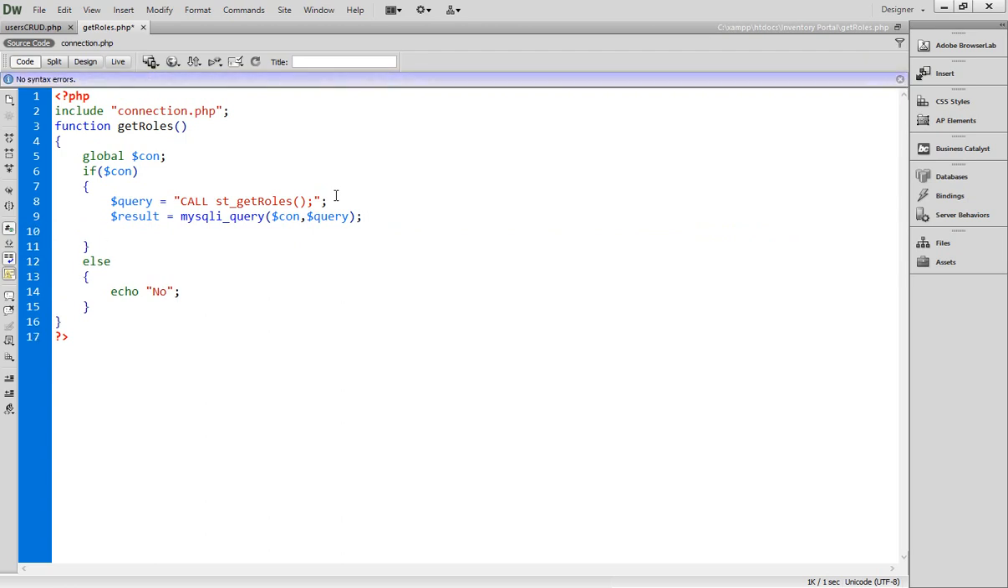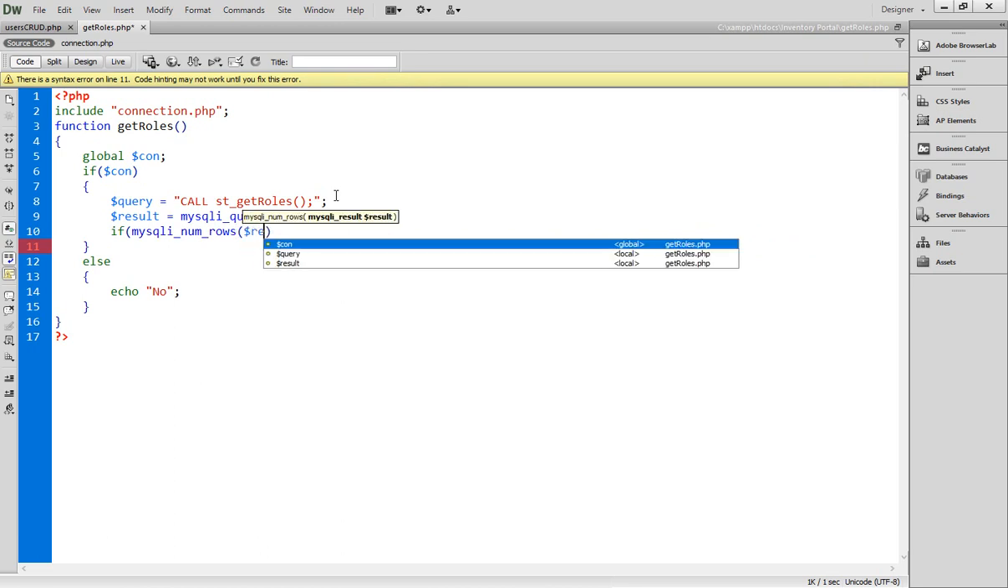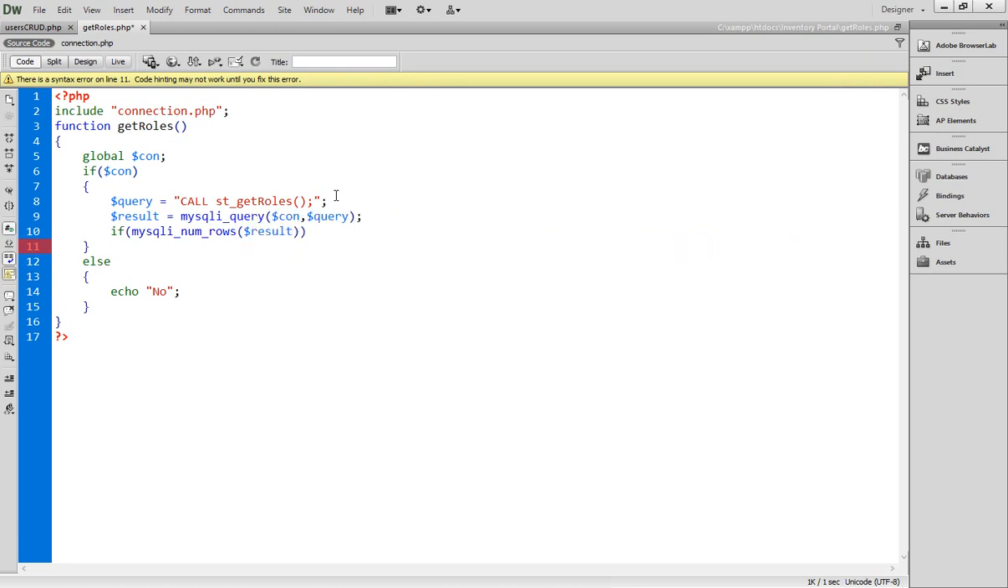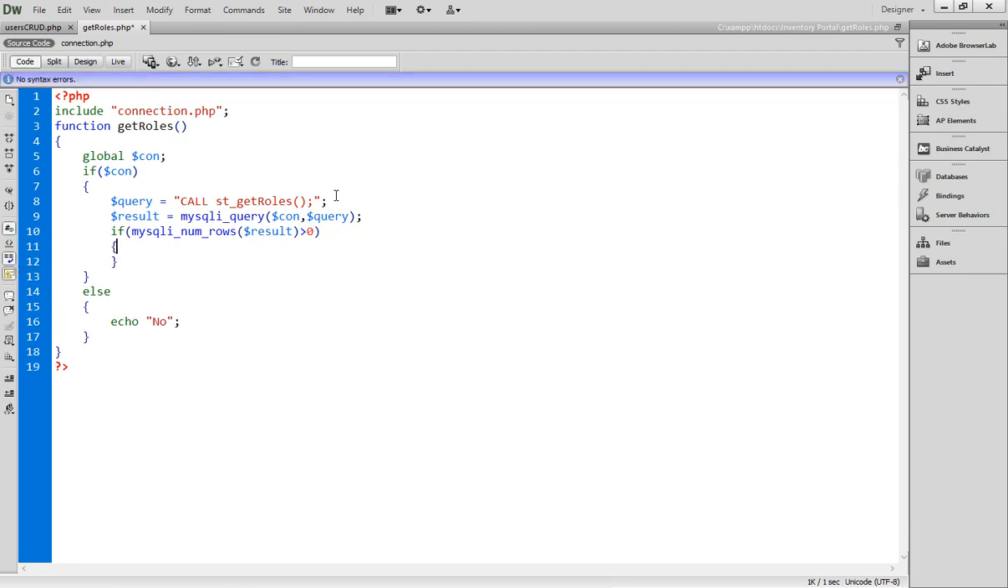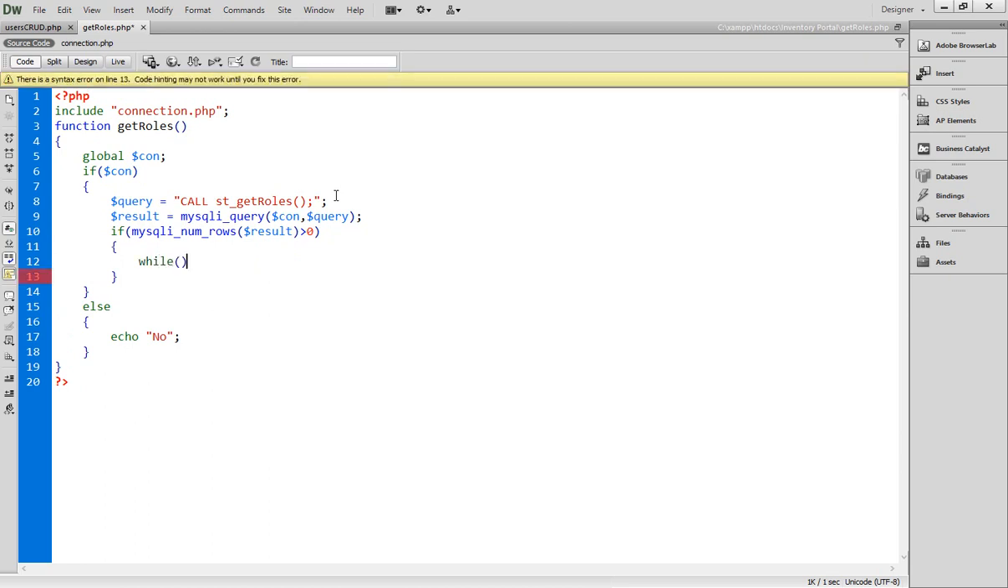semicolon. Now what I wanted to do, I wanted to check whether there are results or not. So if mysqli_num_rows, and you see it asks for the result, so I have passed my result is greater than 0. That means that if there are rows available inside the table, and the records are greater than 0, then come inside, and then apply a while loop and specify here